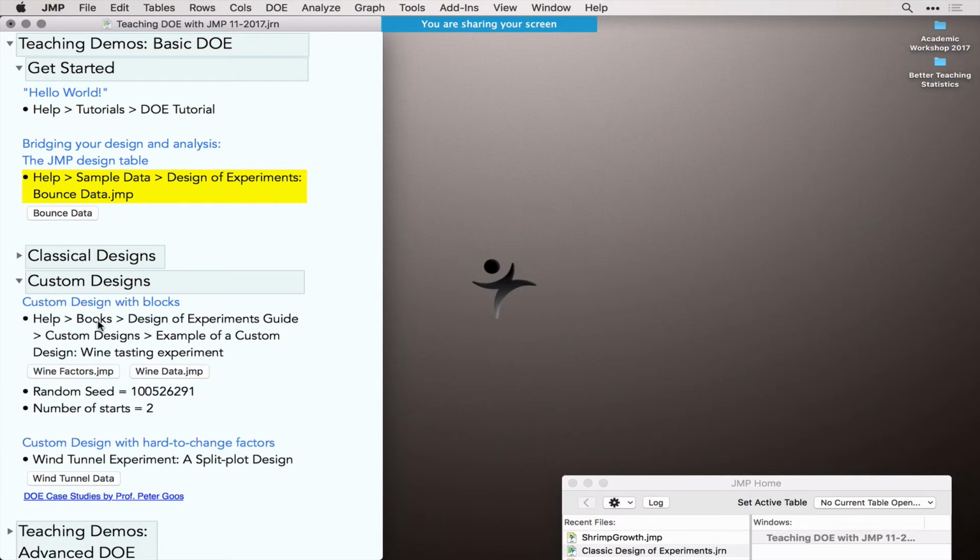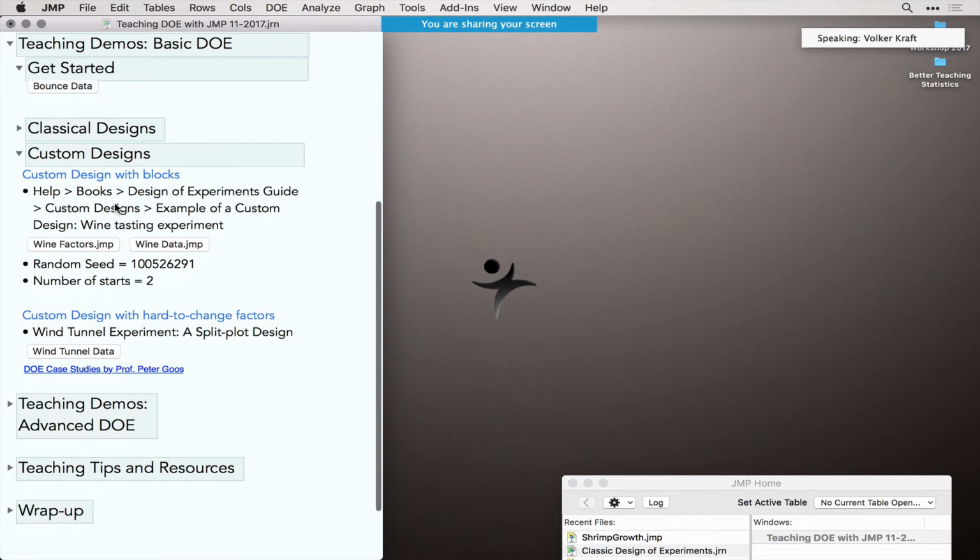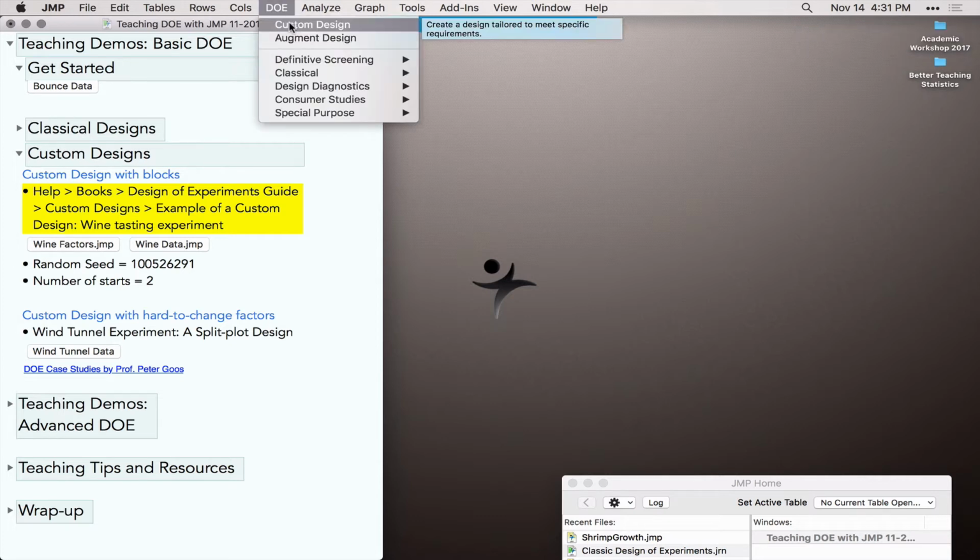So let's move on to custom designs. While the classical designs are helpful in teaching basic concepts, they are not really flexible enough in most real-world situations. Therefore, experimenters in industry prefer the custom designer in JMP to get the optimal design for a specific problem. So let me show you some options during the step-by-step creation of a custom design for